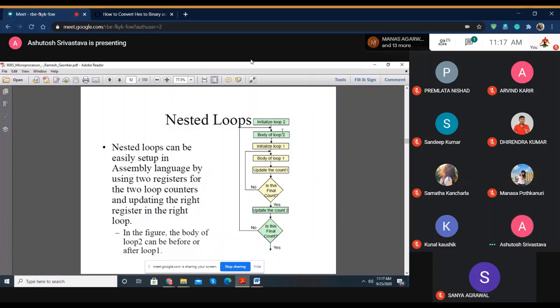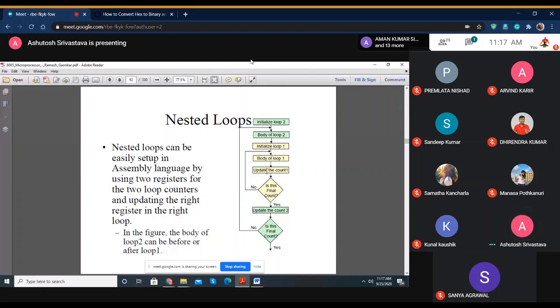So here you can see, you can note down, this is the representation. Please note this down. So you initialize, say, loop 2, which is the outer loop, then you talk in terms of the body of the loop, then you initialize loop 1, then the body of loop 1,